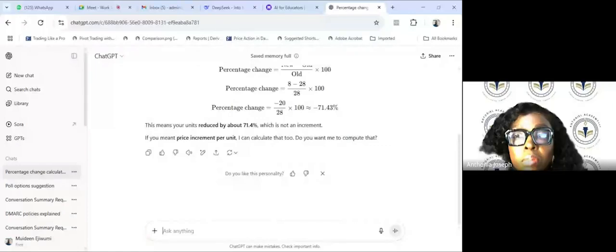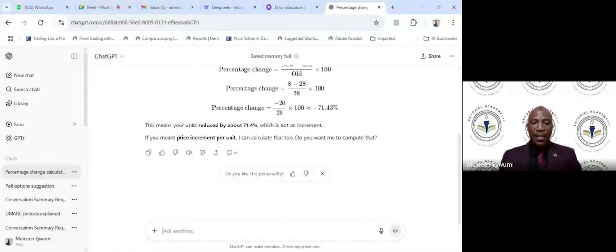For example, let's say I don't want to edit it. Let me shift up so that you can see. Can you see? Yes.